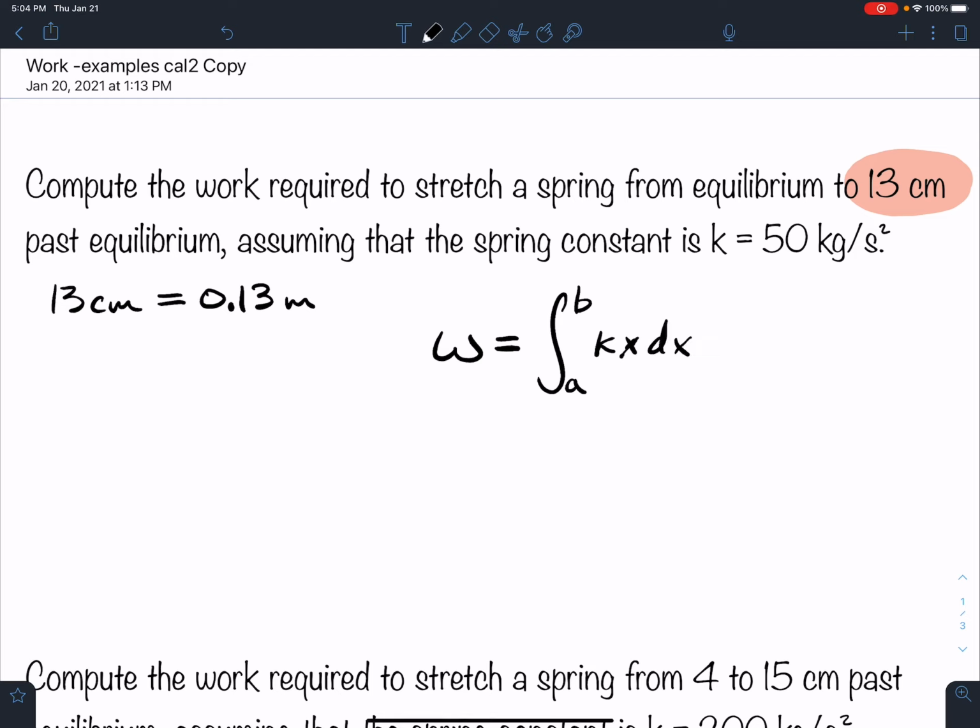This is for Hooke's law. Now, the kx, this is my force function. For this one, my spring constant is told to me, so I don't need to do any work. It's just 50x. All right, and I'm taking the spring